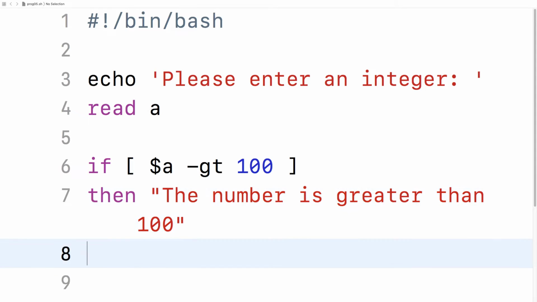Okay, so this is the simple if statement and we use fi to close it.